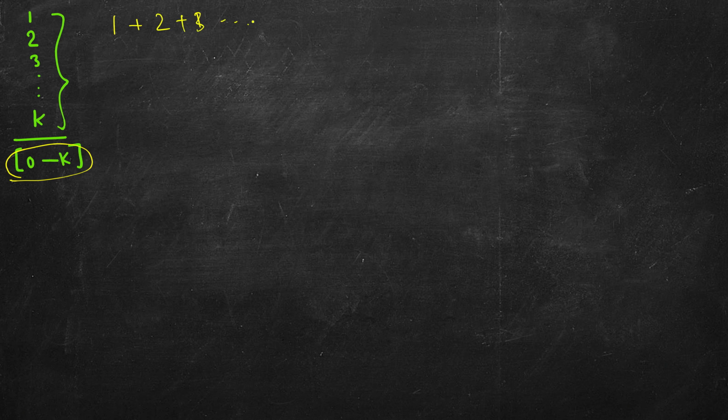So let's say we are able to form k stairs. So we have 1, next row 2, then 3 coins, all the way up to k coins. So these are complete stairs, and in the last we can have any value from 0 to k. In that case I cannot create one extra stair since I needed k plus 1. So this is optional. You can have any value from this to this and still the answer will be same. So let's see how we can solve it. So we know that sum of numbers from 1 to k is k multiplied by k plus 1